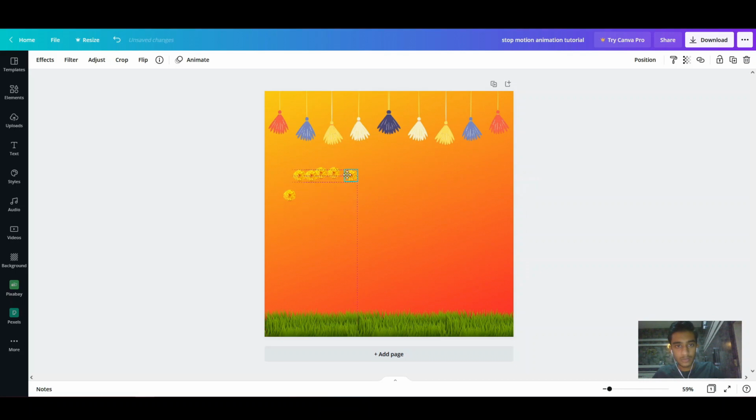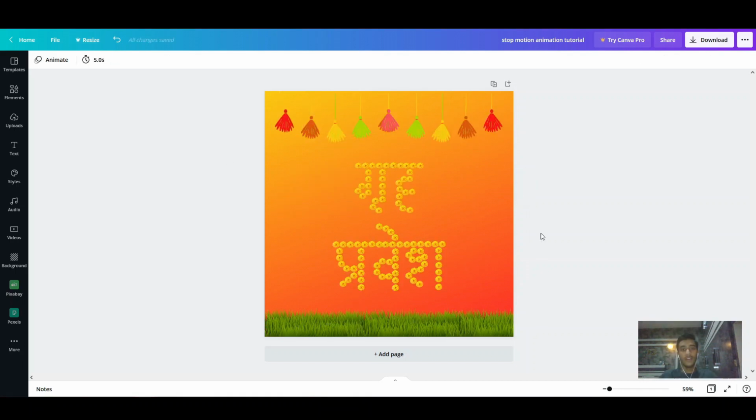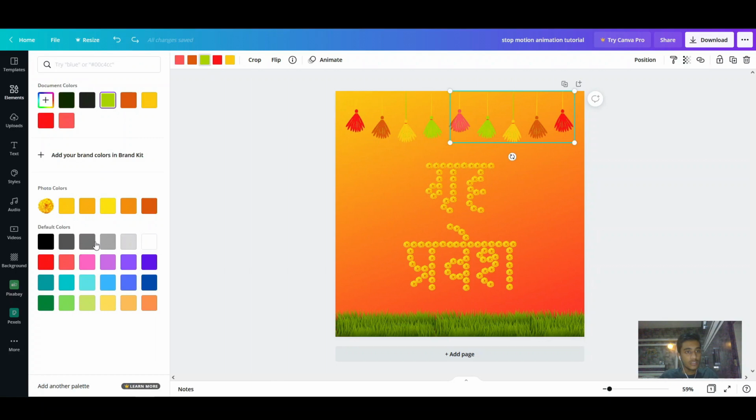And I'll jump right into the finished project in a bit. So yeah, this is the finalized design. As you can see, I've kind of overlapped these two elements right over here. Okay, and also we have the option of customizing this particular element as per our convenience, as per our liking.